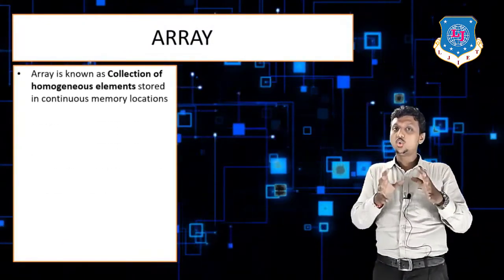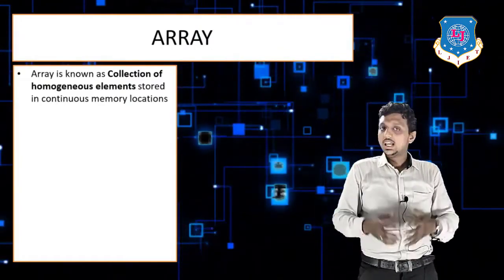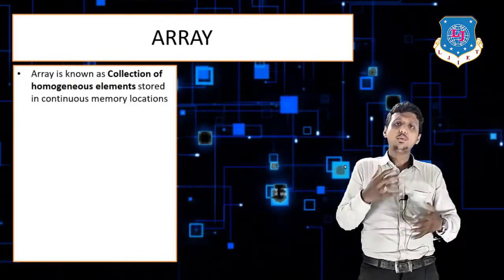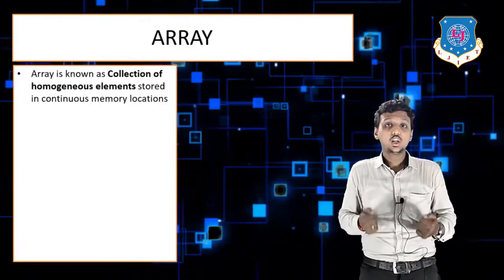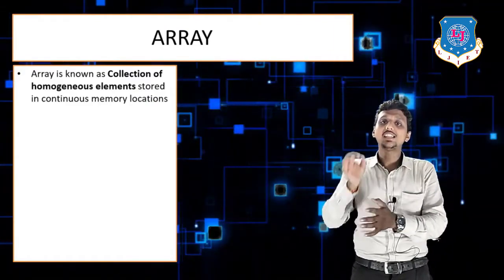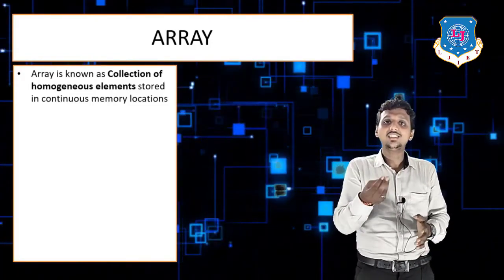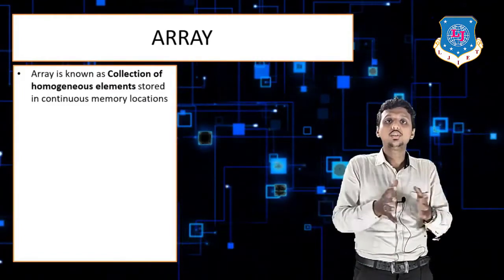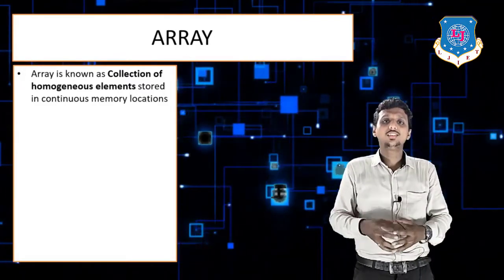I think you already know in your C programming subject, what do you mean by the array? Array is nothing but a collection of homogeneous elements. Sir, what do we mean by homogeneous elements? Students, homogeneous means each and every element contains the same data type. If I am a human, you are a human, then we both contain the same data type, human. Then these data are known as homogeneous data, right? So array is nothing but a collection of homogeneous data types.